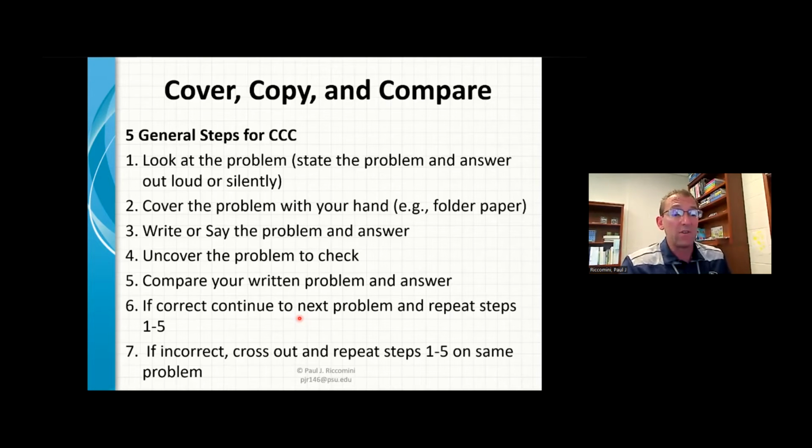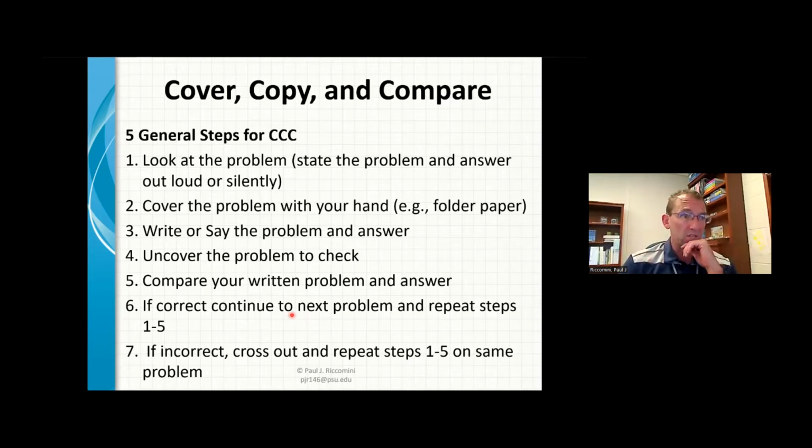So they're going to have a piece of paper that has the fact and the answer. The kids will look at that, read it out loud, say it silently. Then they will cover it up, say it, write it, and then they'll check it. And then if it's right, they move on. If it's wrong, they repeat that process.